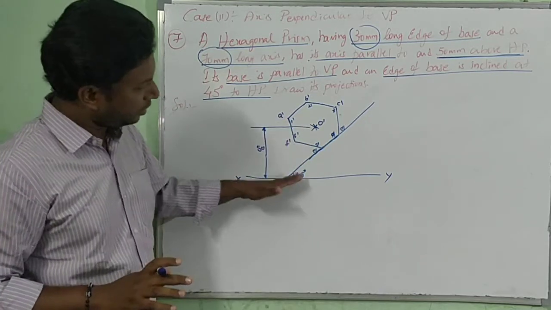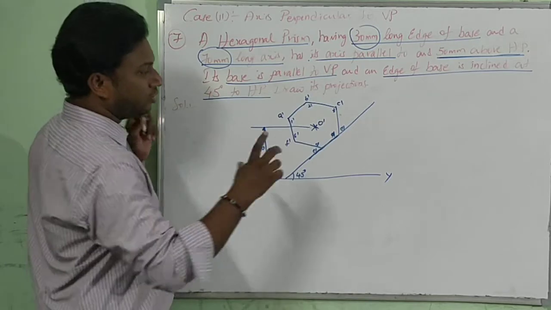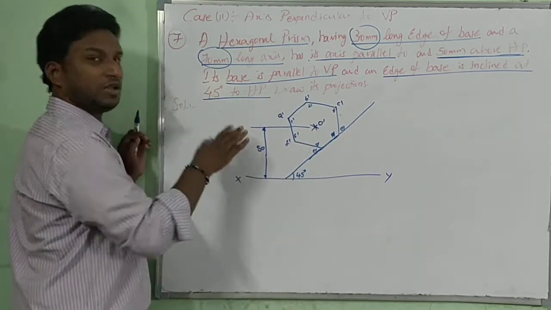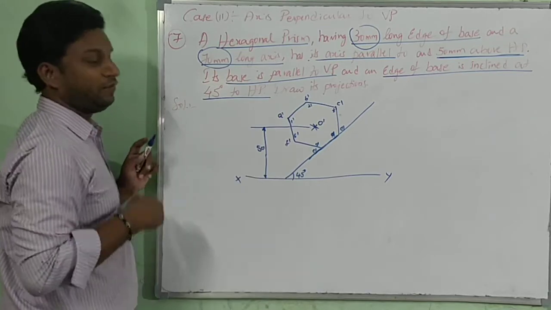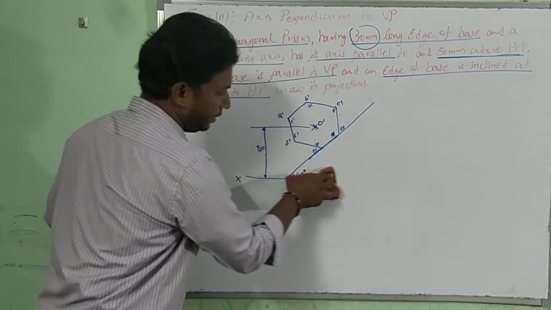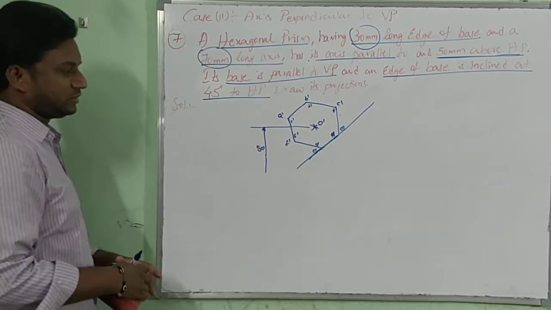Try to draw XY line at 45 degrees, construct hexagon. Now try to measure this line. It will not be 50, it will be less than or more than. Try to maintain 50. How? Right? Simple. Try to erase this. I have all erased. Now